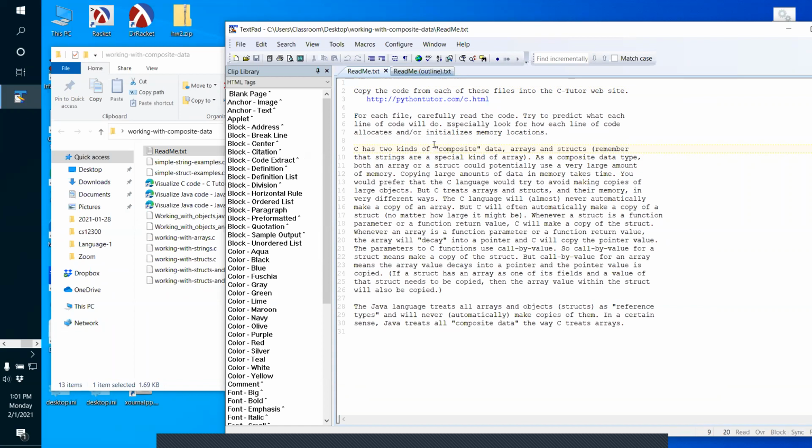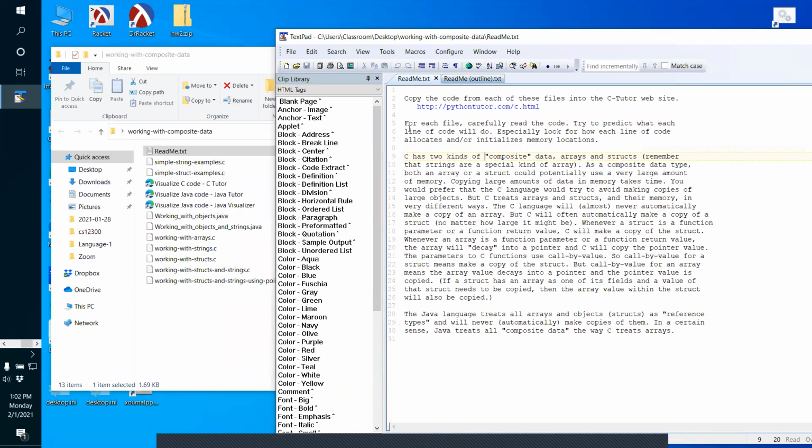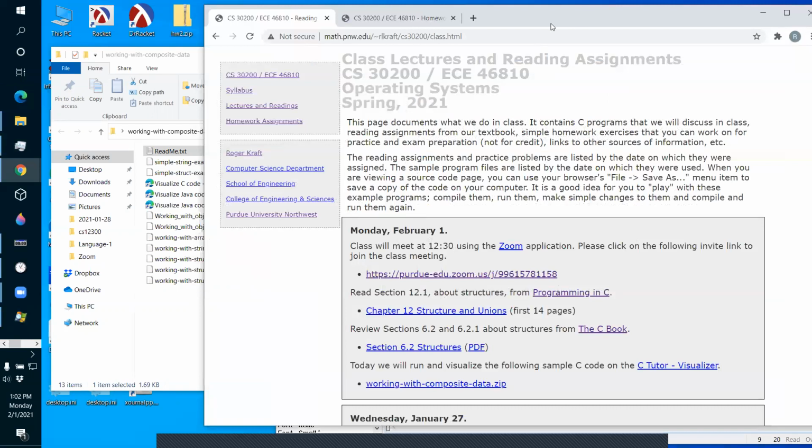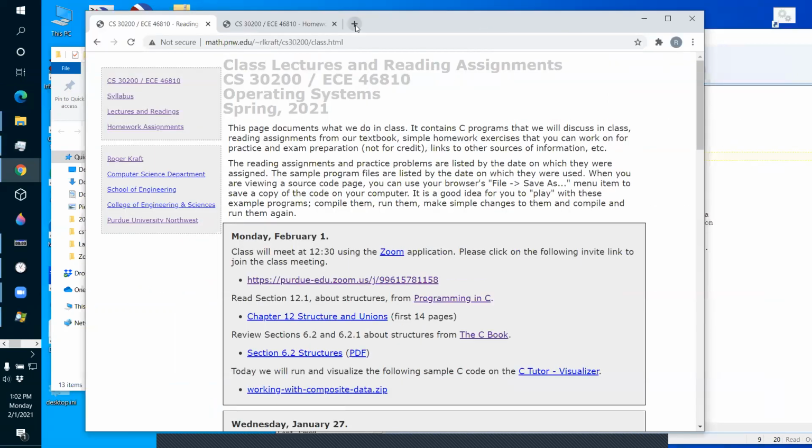Now think about functions that take in an int. When you call a function with an int, you copy the int into the function. Let me see. I didn't put an example of this. Let's go back and do a real simple example. You see what I mean by that? So if I go to the Java visualizer,